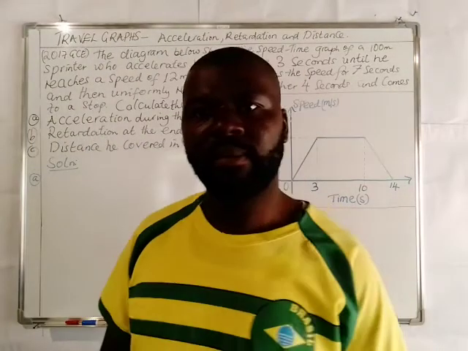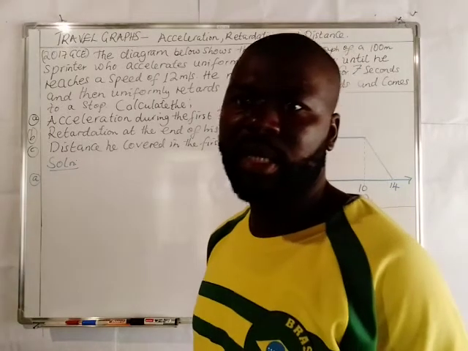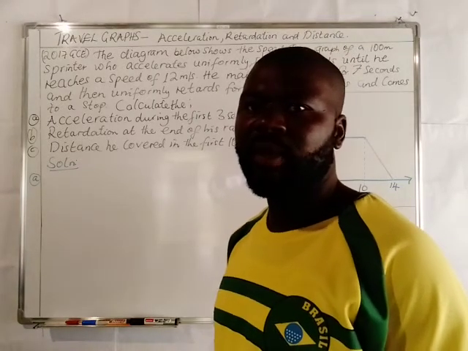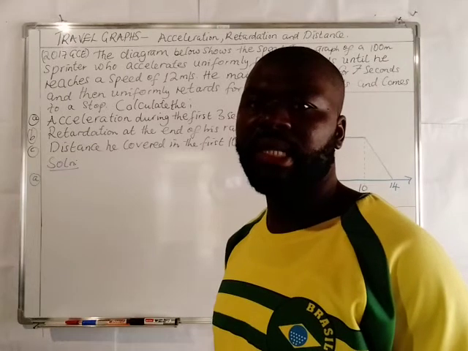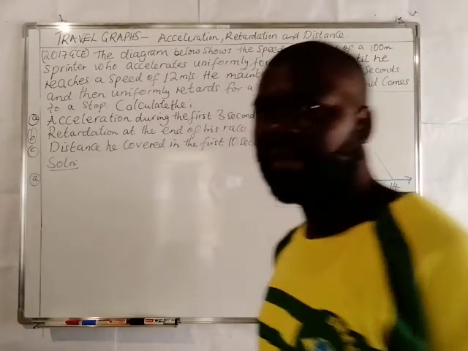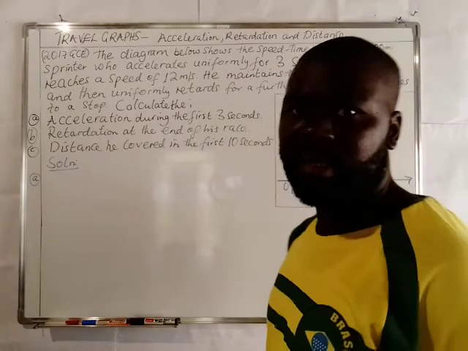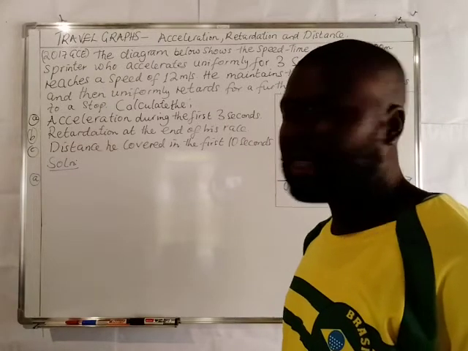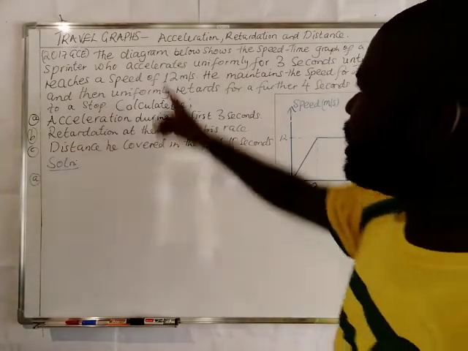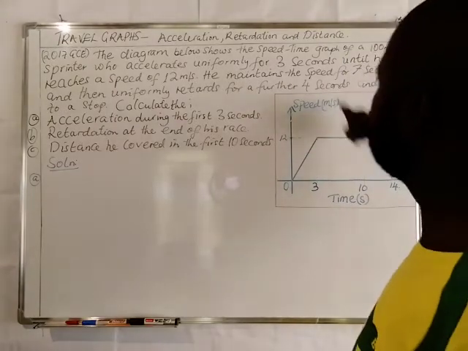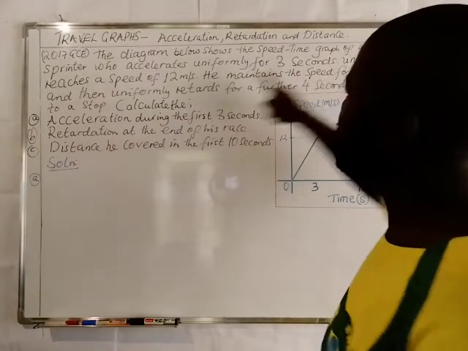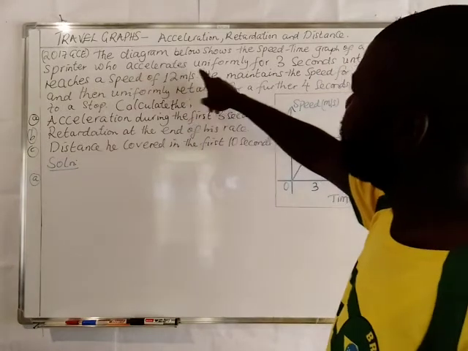Welcome back. We are now looking at travel graphs, where we are trying to find out how to calculate the acceleration, deceleration, and distance. Looking at the example that we have on the board, the diagram below, this is the diagram, shows the speed-time graph of a 100-meter sprinter who accelerates uniformly